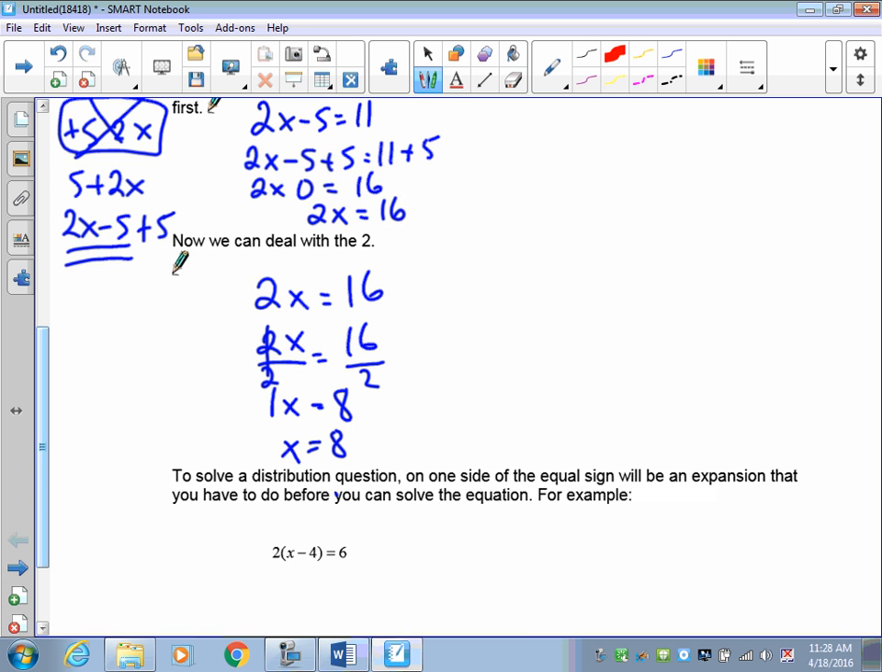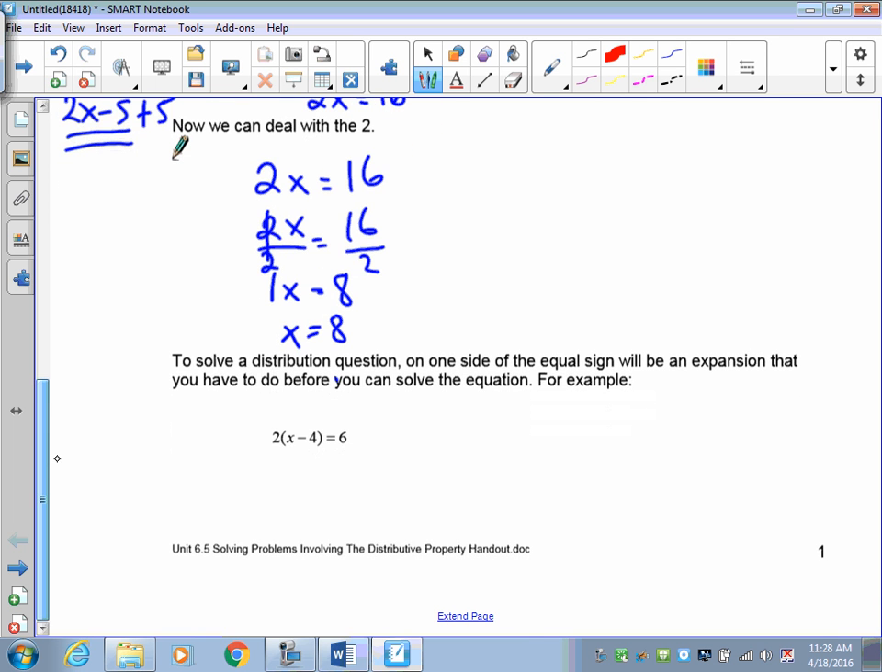All right. So now that we've reviewed that, let's take a look at a distribution equation. To solve a distribution equation, the first thing you have to do is the expansion. If you take a look at what we've got down here, 2 times the quantity x minus 4 is equal to 6. We have to do this first. Before we can go any further, that's got to be simplified. So turning your page, you'll find on the next page,